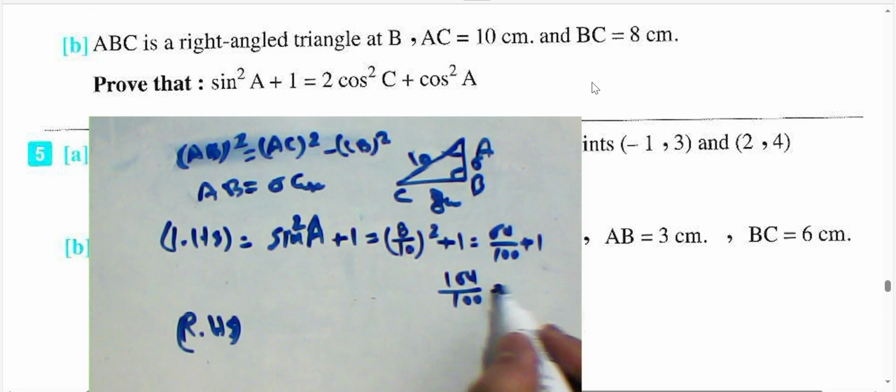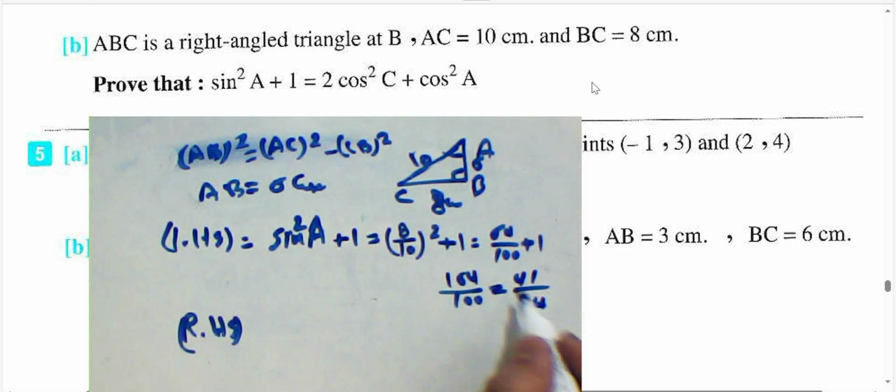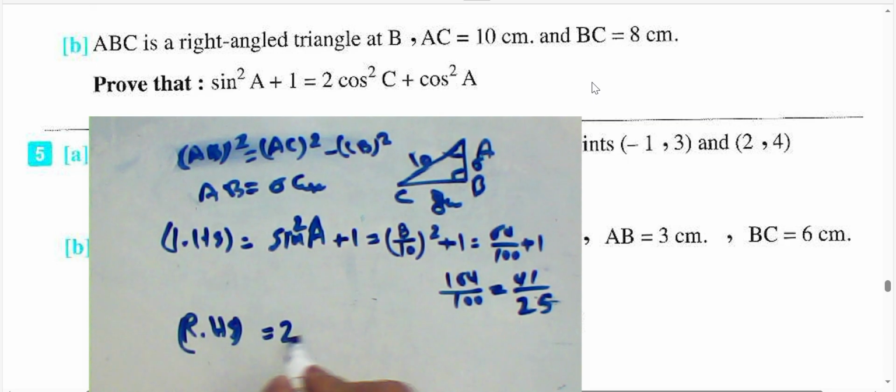Simplest. 100 divided by 4 is 25. 16 divided by 4 is 4. 4 divided by 4 equals 1. It will be 41 over 25. Okay, right hand side now equals 2 cosine